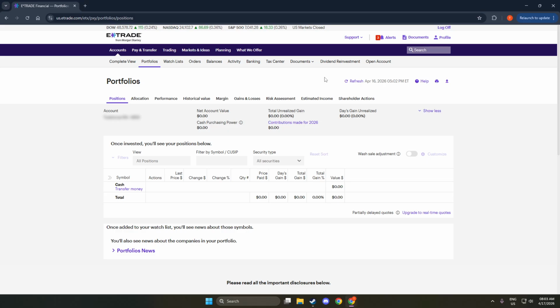Most users will find tax documents by following this path. Open the accounts menu, choose documents and statements, and then select tax center. On desktop, these options are typically at the top of the page or in a main navigation bar. If your screen is smaller, the same items may be inside a menu icon. The wording can vary slightly, but if you can find accounts and then documents and statements, Tax Center is usually